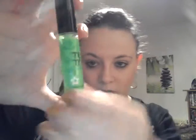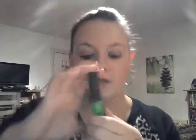The next thing I've got, which I don't really use that much, I bought it on a whim thinking I'd use it loads and I don't actually use it at all, is this Tea Tree Spot Stick. Wrong way. It just comes out on a little lip glossy type thing, but I don't really use it very often because